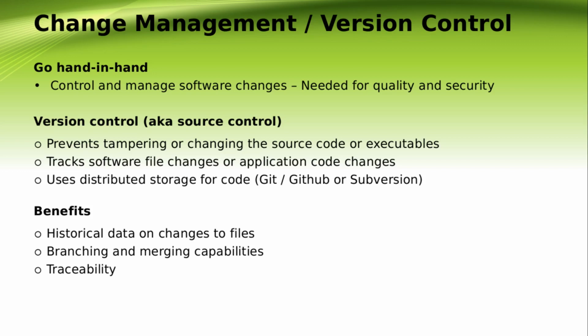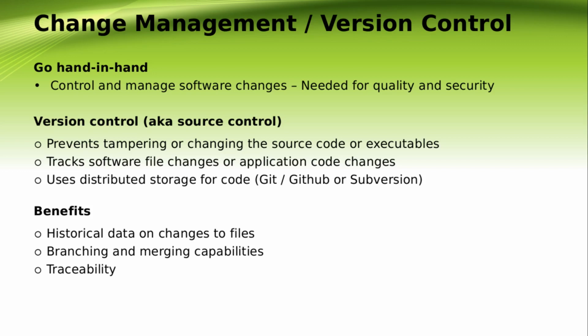Version control is done through a system, software tools, or applications that track software file changes and provide a way to manage changes to source code over time. Most version control systems use some form of distributed storage. For example, one tool might use one master server, while another tool might use a network of distributed servers. Version control benefits include those listed there: